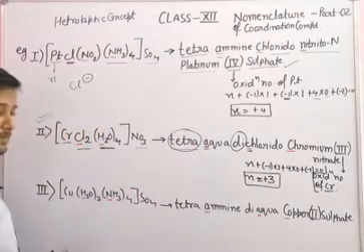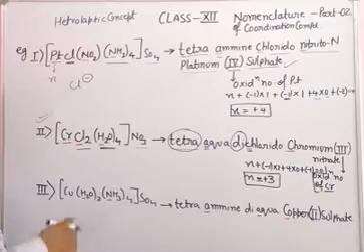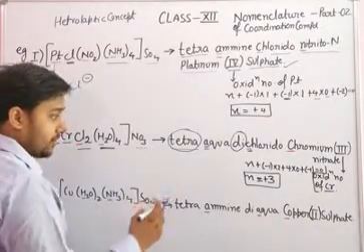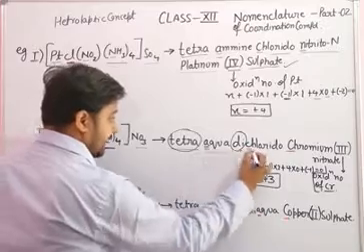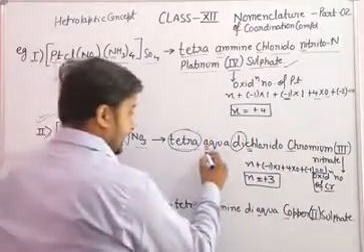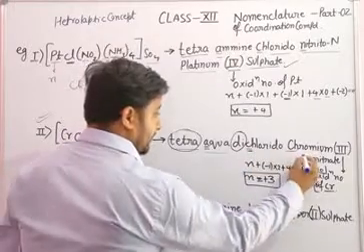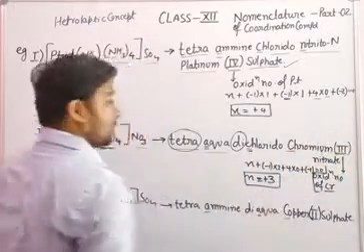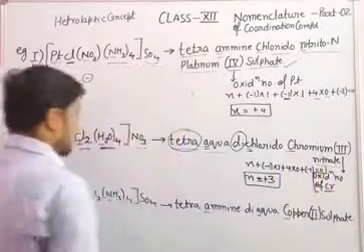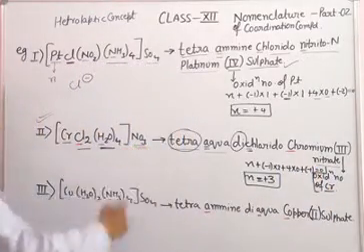We will not follow alphabetical order for the prefixes like di, tri, penta, hexa. We will use alphabetical order for ligand names like aqua, chlorido, amine. That's it. Okay. So aqua, dichlorido, chromium, third indicates the oxidation number of the central metal atom, and then nitrate. Nitrate is used for NO3.